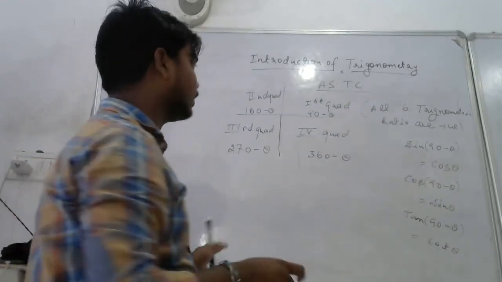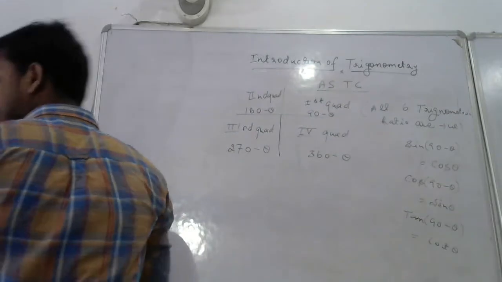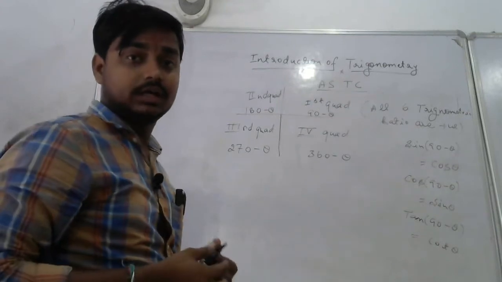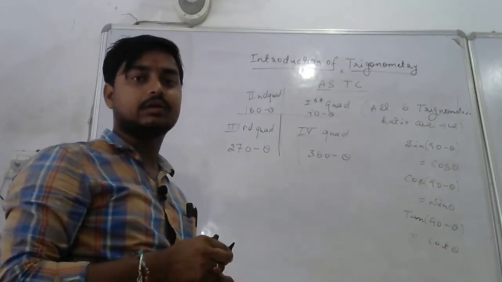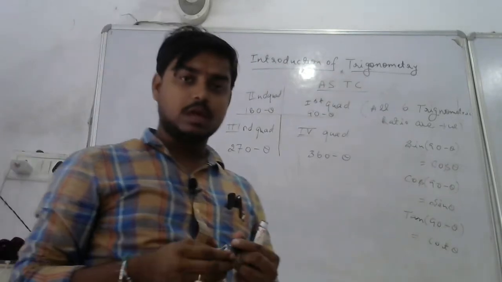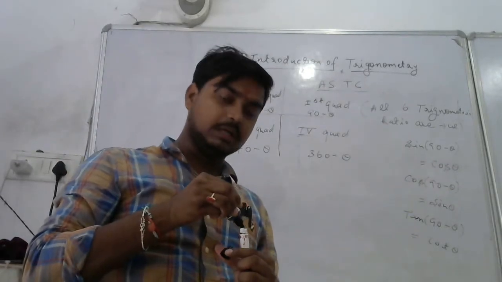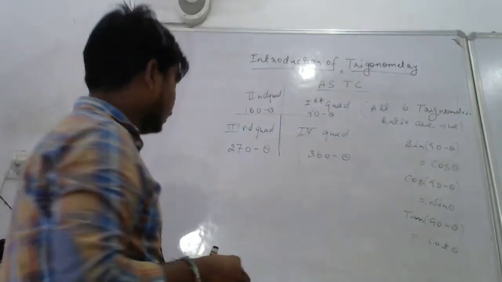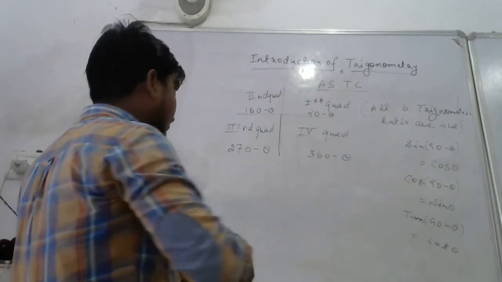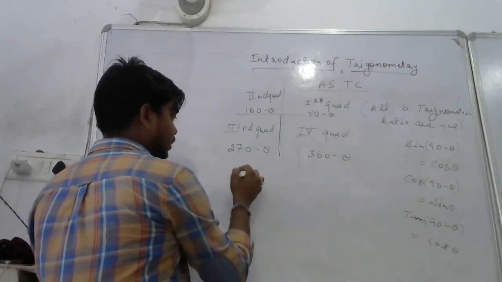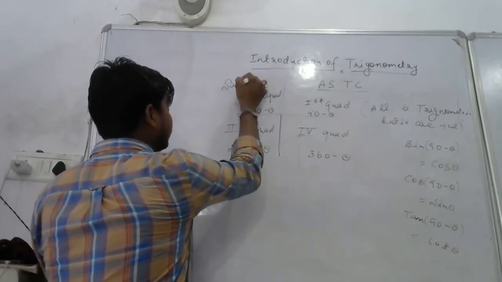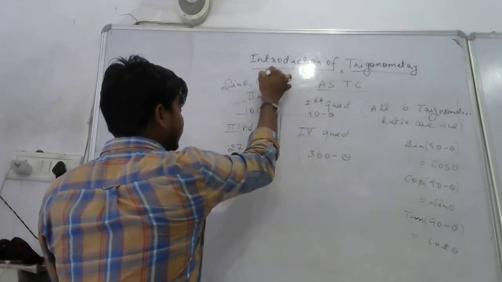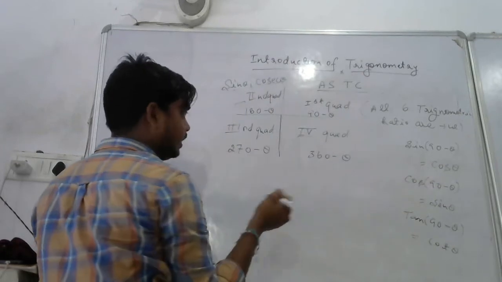So all this we can easily retain in the form of the first trigonometric ratio. But in the case of the second quadrant, only sine and cosec are positive, and the remaining four trigonometric ratios are negative. We can understand this more easily. Suppose here sine theta and cosec theta are positive and the remaining are negative.